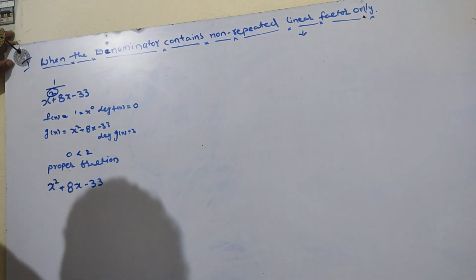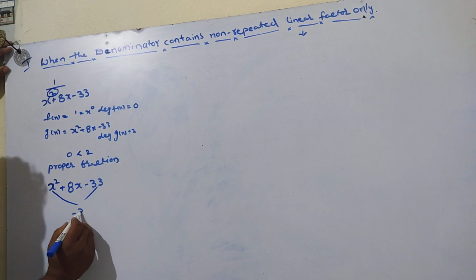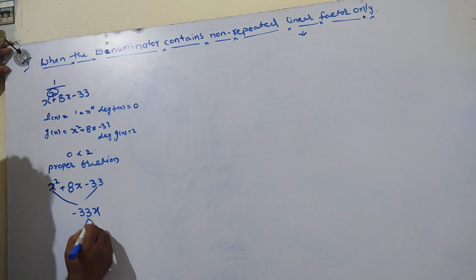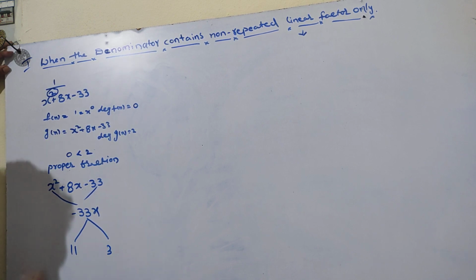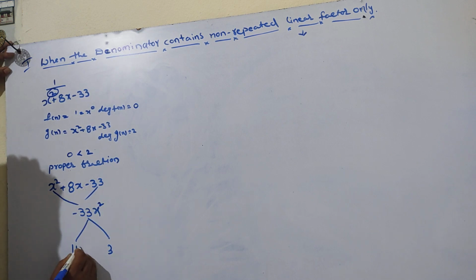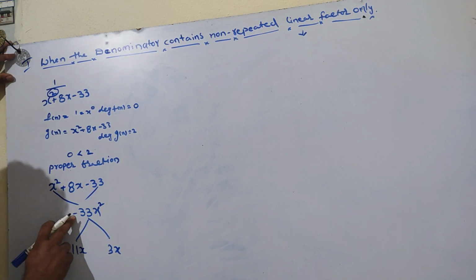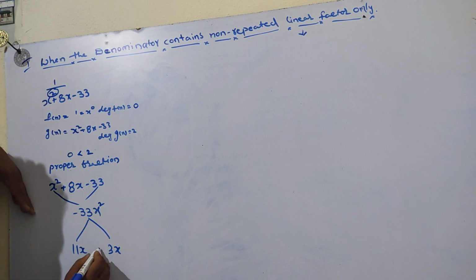So there are two methods. First of all, I am saying one method. First of all, we are multiplying these two terms, that is minus 33 x square. Breaking 33 into two parts here: 11 ones are 11, 3 elevens are 33, 11 ones are 11, 3 threes are x square. That is x into x square. When we multiply these two terms, we get 33, but we have minus here, so I am taking minus.